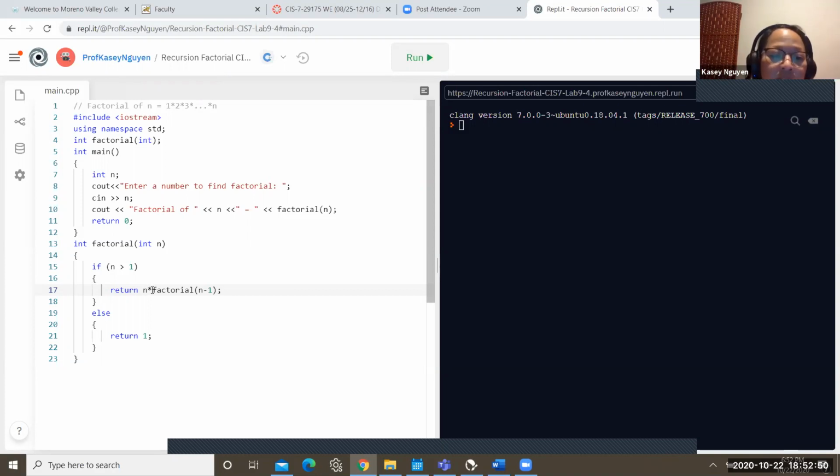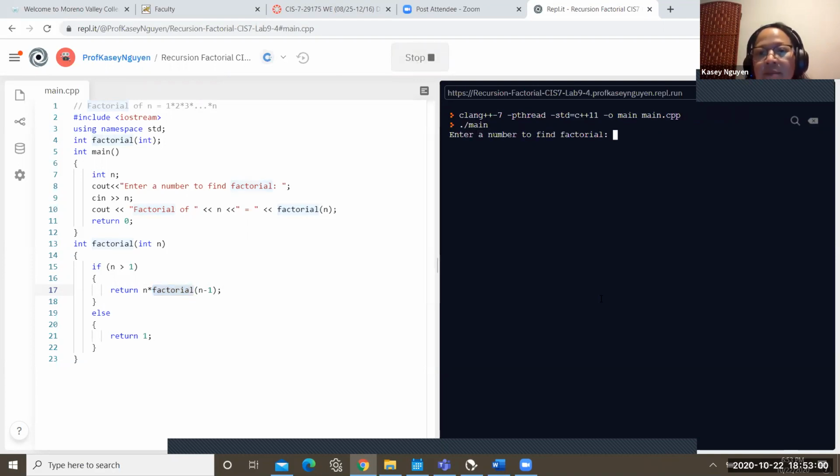And notice that it's a function that's calling itself there, right? Else return 1. So if I wanted to input, let's say, 6, then 6 times 5 times 4 times 3 times 2 times 1 is 720.